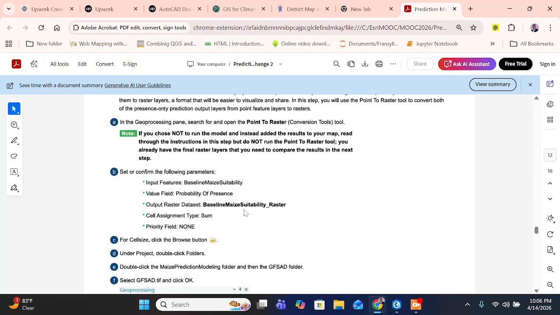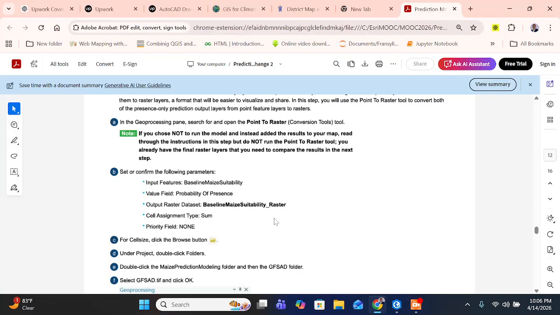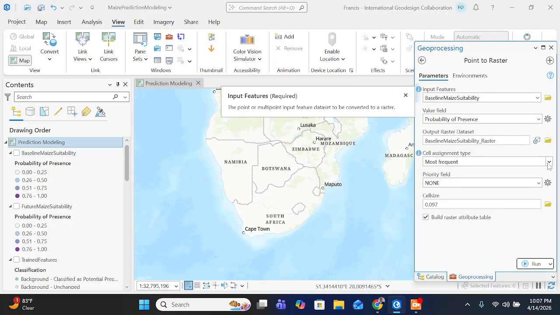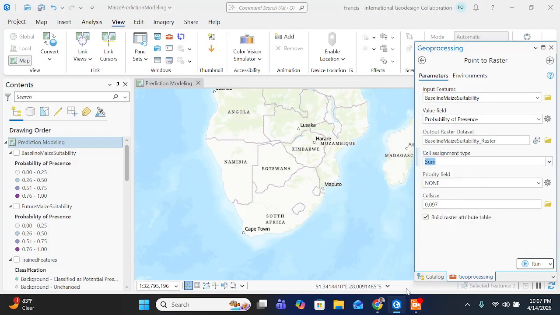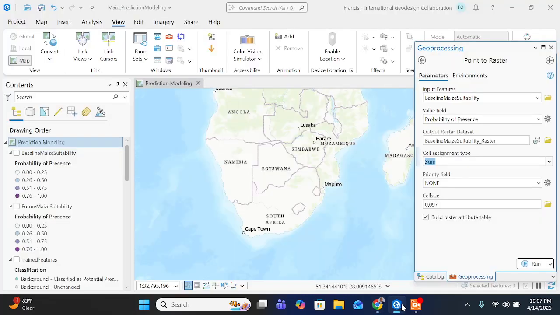Output raster is baseline Maize Suitability underscore raster, so just my raster there. And then cell assignment type is equal to sum, priority field is equal to none,